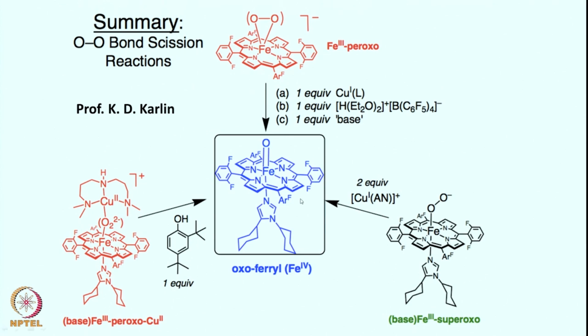once again this has no relevance in terms of the iron copper heme peroxidase chemistry, right. So, one can again reach out from a different angle also by synthesizing the axially ligated iron 3 superoxo species. One can then also interrogate such species towards 2 equivalents of copper, where 1 equivalent will act as an electron transfer reagent to make it the iron 3 peroxo, another equivalent will react with it to further take you to the formation of this oxo species.